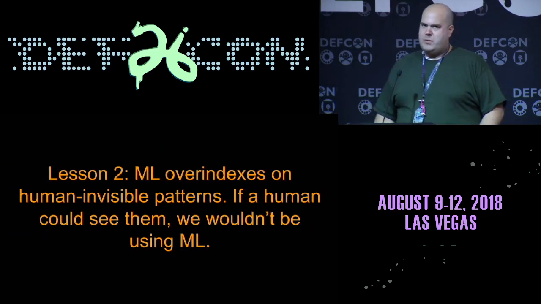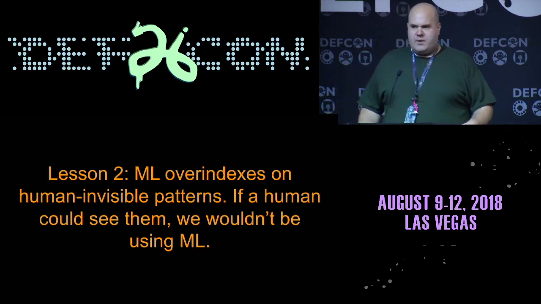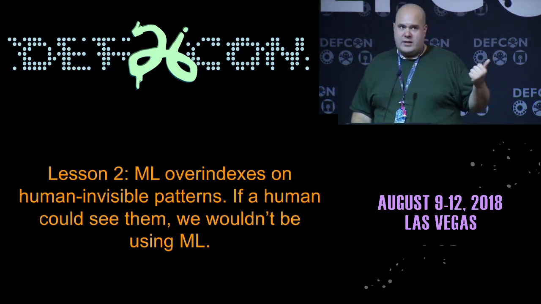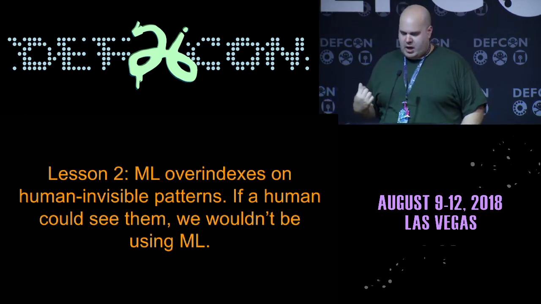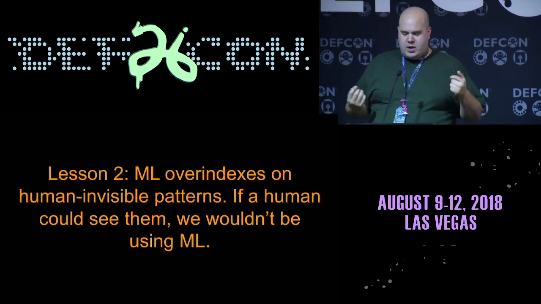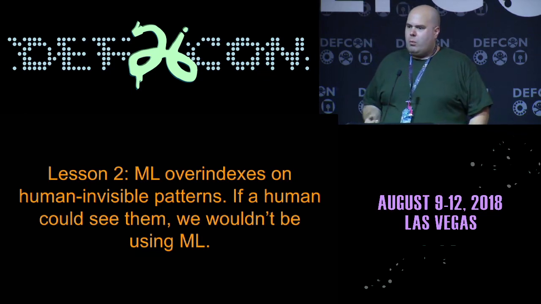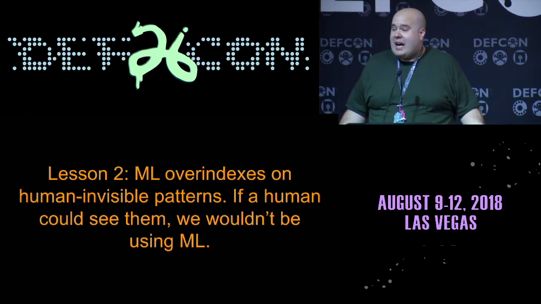And there's a lesson we can learn from this, which is that machine learning over-indexes on human invisible patterns, right? Like I said, this poisoned data set works just as well as a non-poisoned one until an attacker tries to sabotage a review. So there's all these human invisible rules going on behind the scenes. We tend to only troubleshoot our machine learning when it's inaccurate, because that's the only piece of feedback we have,